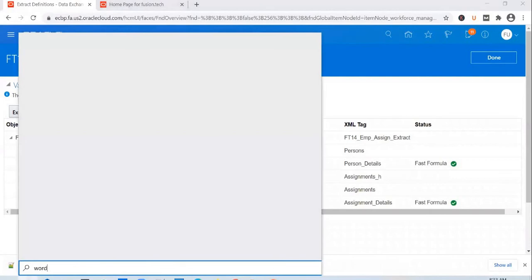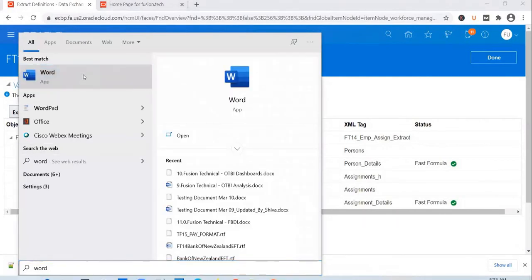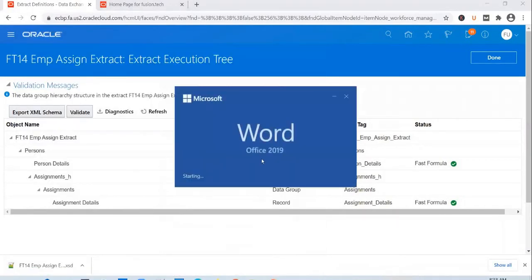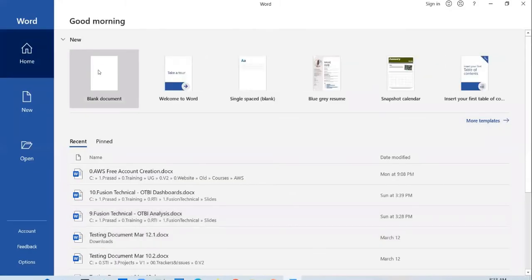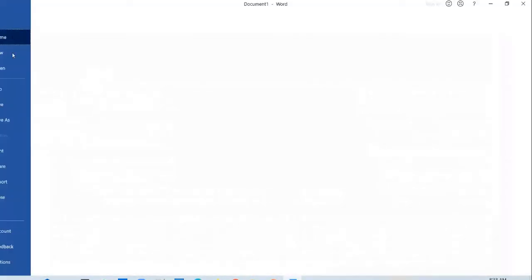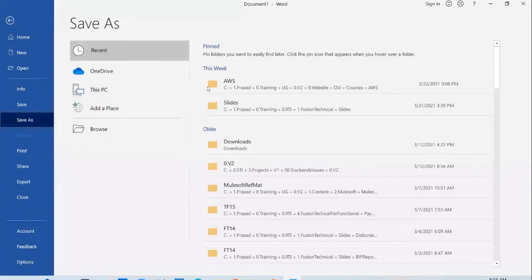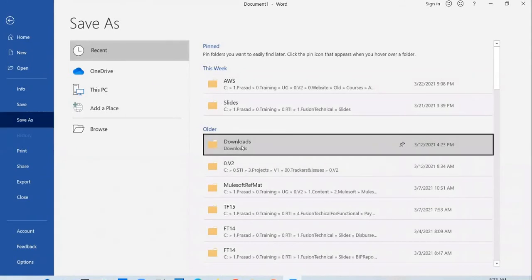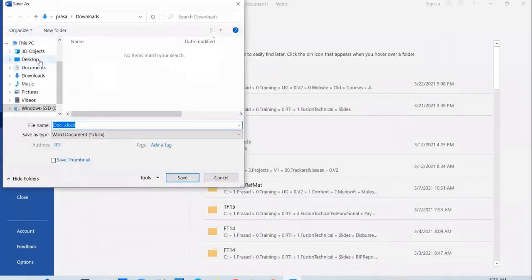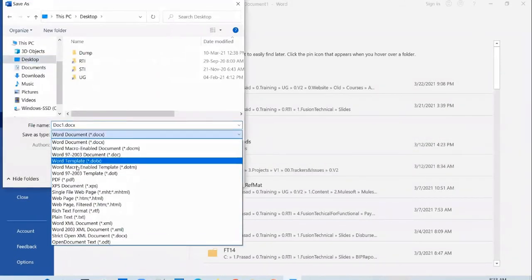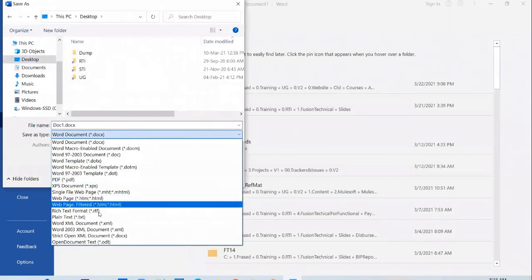You can open up a new Word document, and you can save it with a .rtf extension.